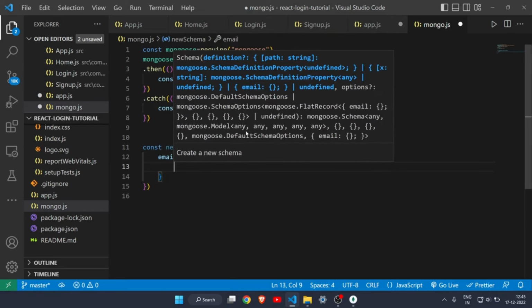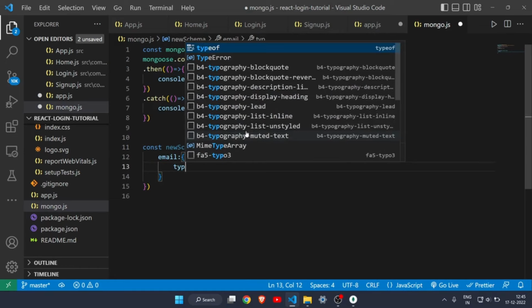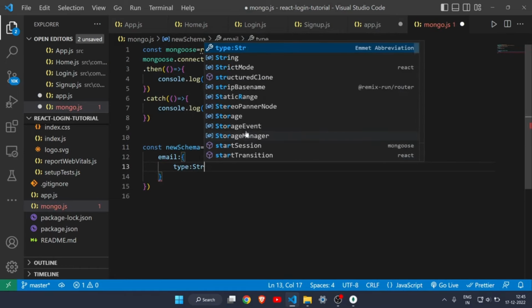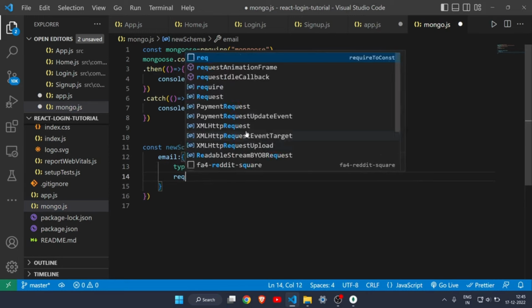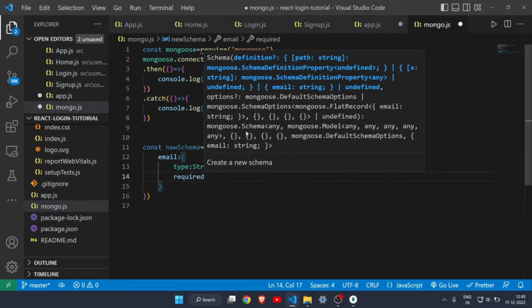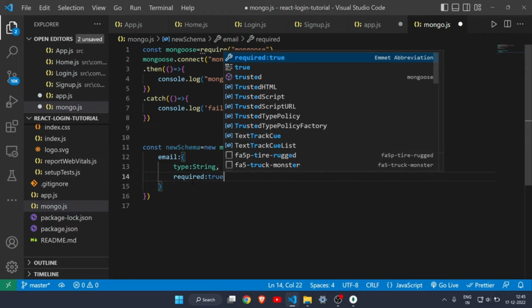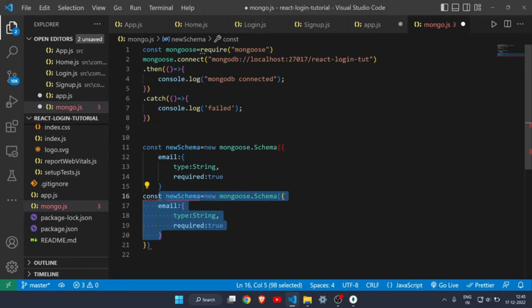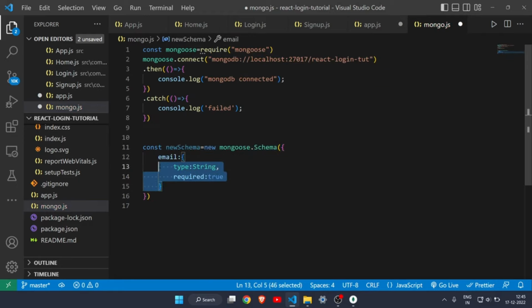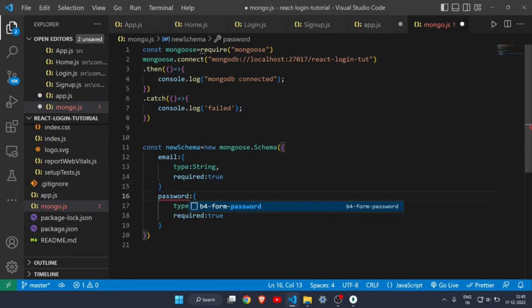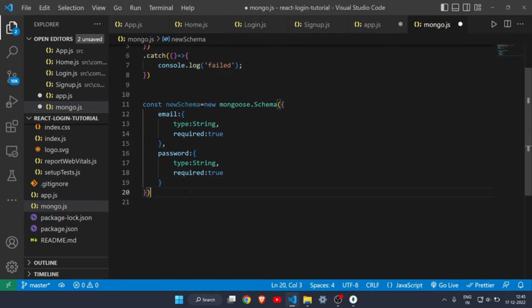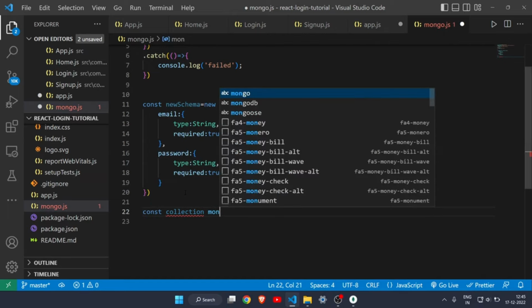So the first one will be email, which the type will be string, and required will be true. And I will just copy this down here, not this whole thing, just this part, and I will do the same for password. Okay, and write a comma here. So we have defined email and password here. Then I have to define a collection. So I will just name it collection, and I will write